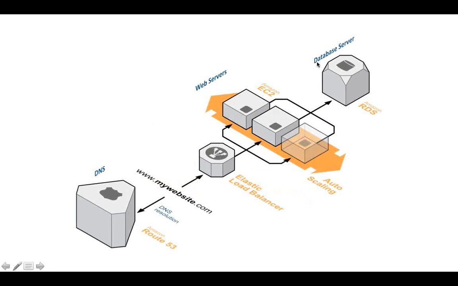So here in this solution now, we have a relational database service in the backend. We have the auto-scaling group of our application instances. We've got the Elastic load balancer in front, that's health checking and balancing the load to the alive application instances. Then you have your domain name, mywebsite.com. You can basically associate this domain name with the Amazon Route 53 service to, for example, an Elastic load balancer or a CloudFront distribution, which is coming later. This is a really handy way of managing the global DNS service.